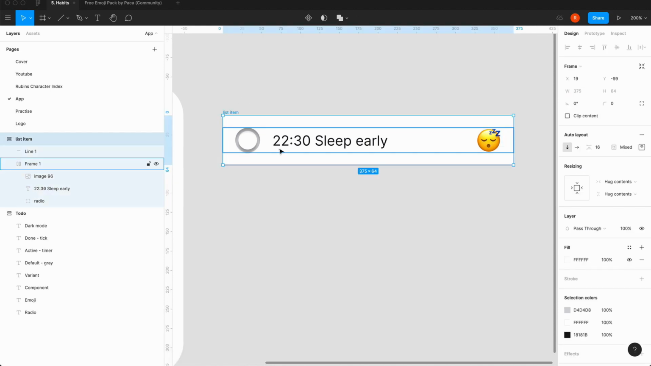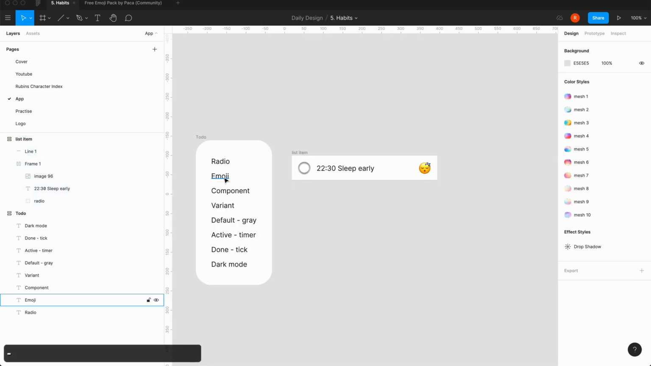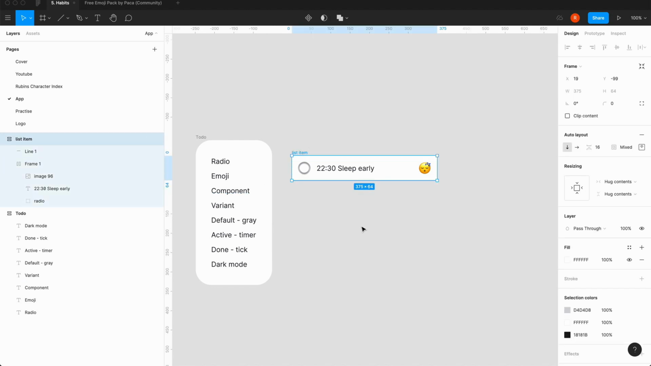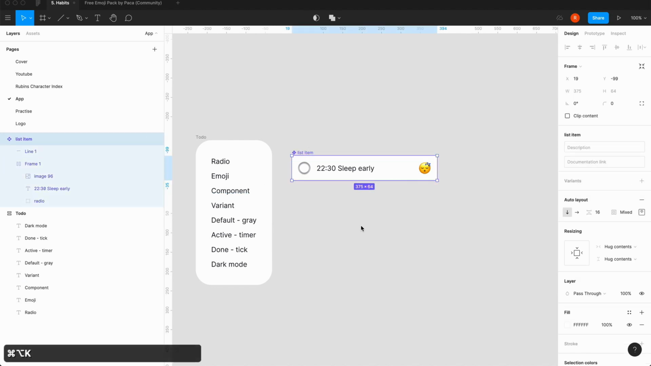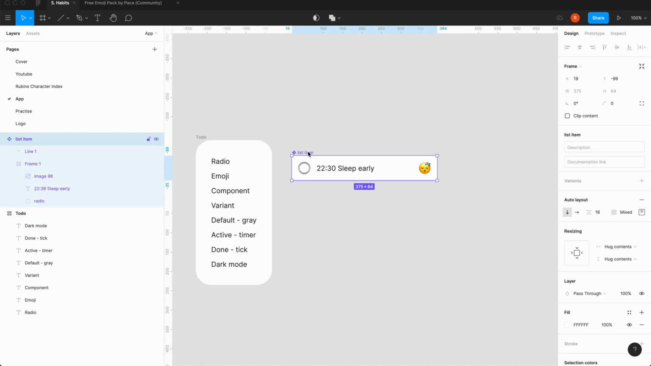So now we've got our nice list item. And so we've got our emoji in there as an example, because we can have different ones or not have one. We're now going to convert this into a component, so Option Command K. So now we have a nice component,